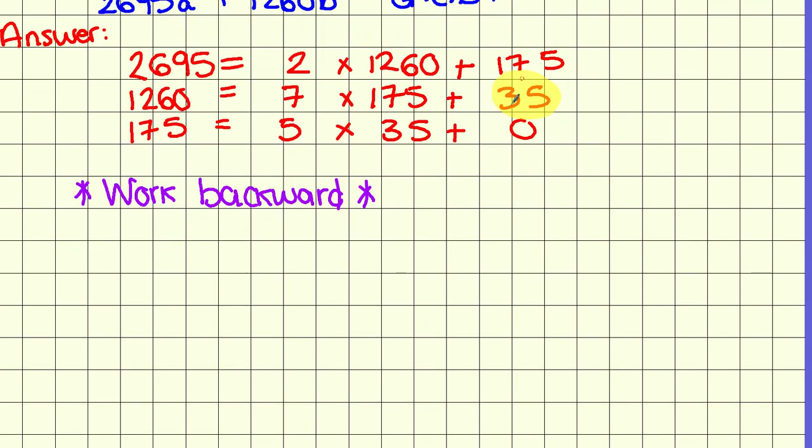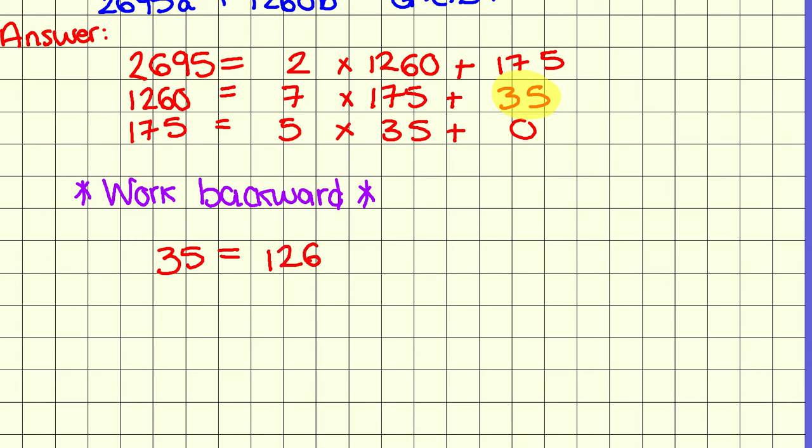You're going to start with your greatest common divisor, which we know is 35. That's going to be the left-hand side of the equation. Then we're going to rewrite 35 in terms of this line here. So you're looking at your middle line. We can rewrite 35 as